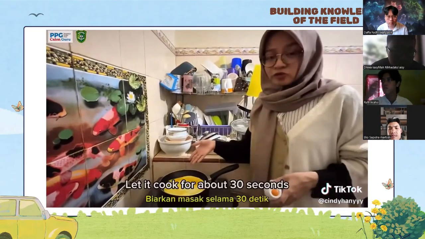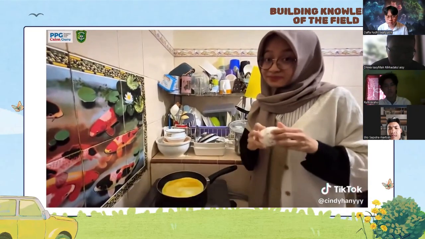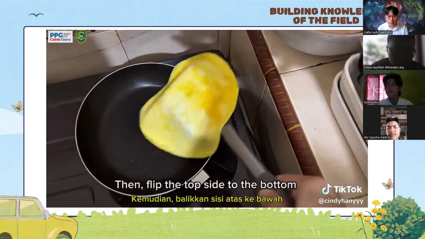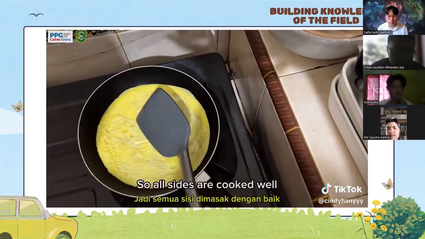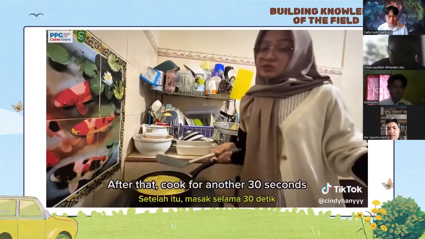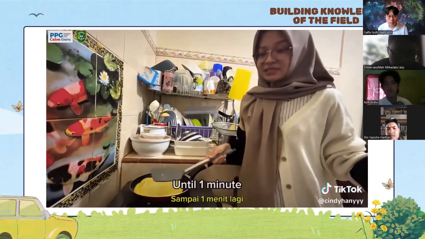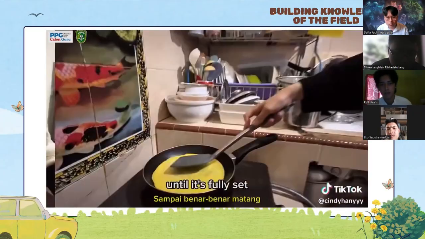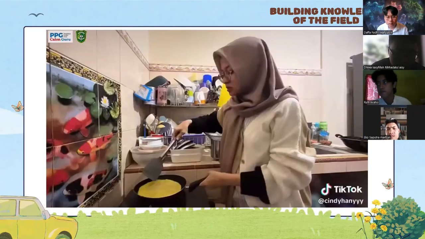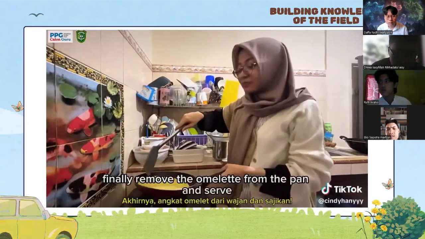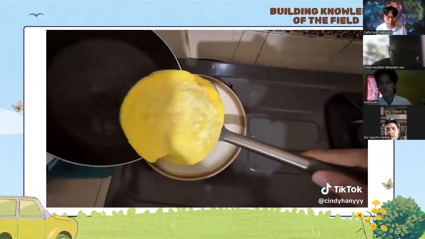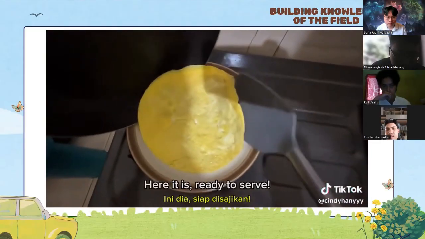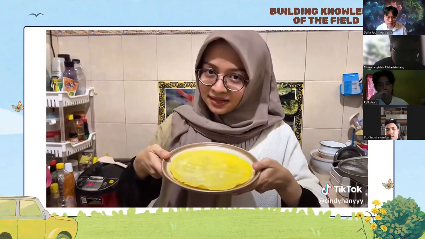Let it cook for about 30 seconds. Then, flip the top side to the bottom so all sides are cooked well. After that, cook for another 30 seconds to 1 minute until it's fully set. Finally, remove the omelet from the pan and serve. Here it is, ready to serve. Enjoy!